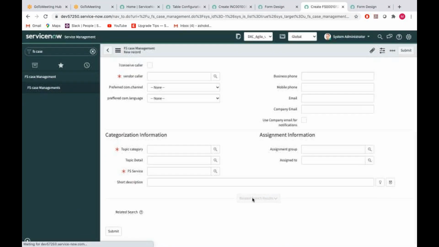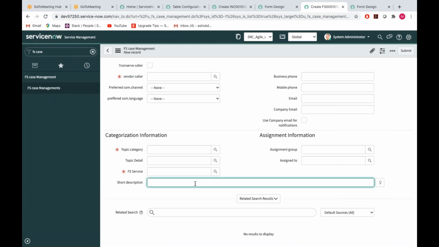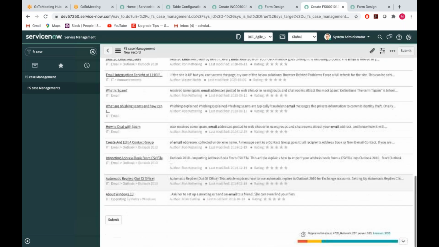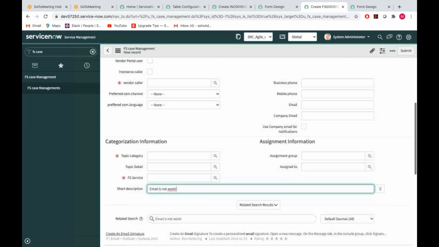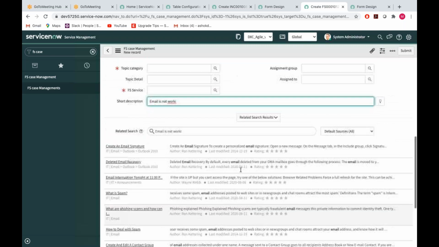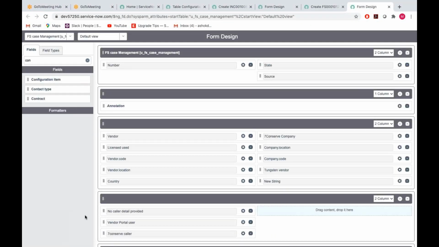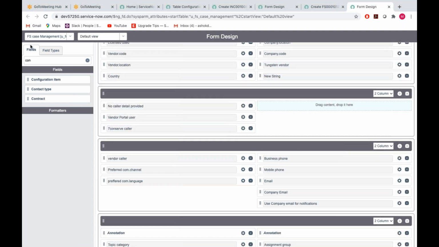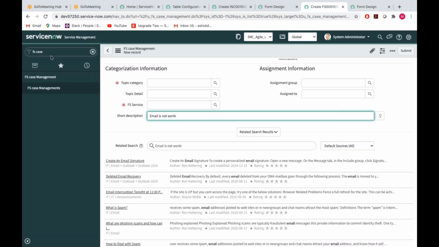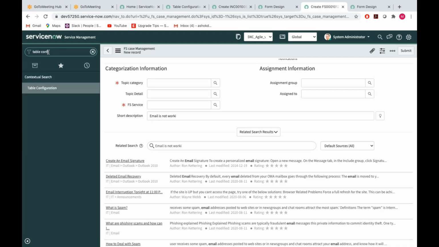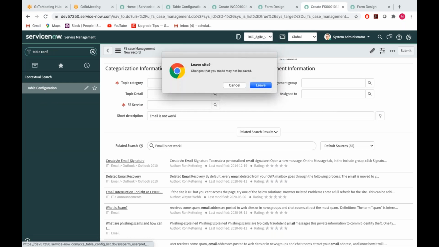That's so awesome. I got something here, but here I can search, like email is not working. We'll see if it is working or not. Oh, that's pretty good. I'm getting it. Okay. So this is the contextual related search. You need to add the contextual search here from the fields. After that, go to the ServiceNow browser and table configuration. Once you go to the table configuration,